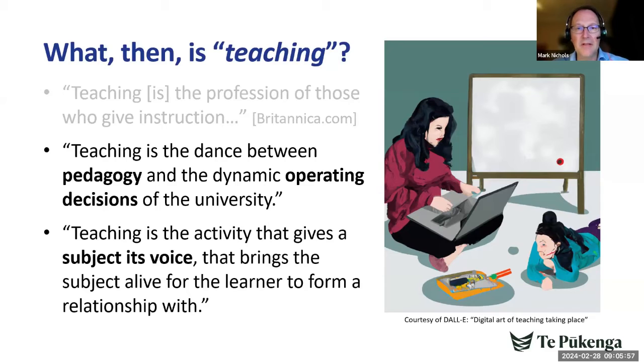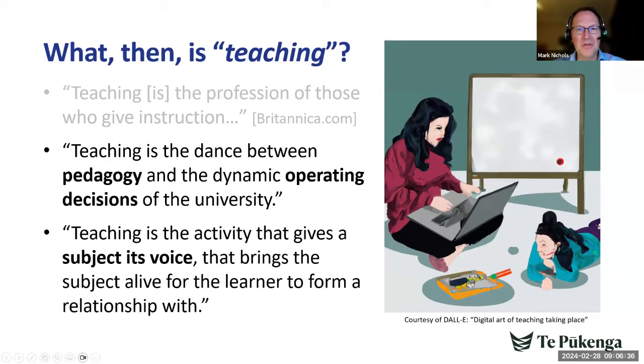So, across these definitions, I've separated the concept of teaching from the identity of a teacher. Now, this is a really important starting point for what follows. Not all teaching requires an identifiable teacher. Put another way, an identifiable teacher doesn't have to be involved for teaching to have taken place. The main thing is that the learner encounters the voice of the subject. Now, oddly, the Dali image here seems to capture this. There's no physical classroom. One person seems to be learning from what they're involved with on their laptop, and the other looks to be reflecting on some sort of activity involving a dustpan.